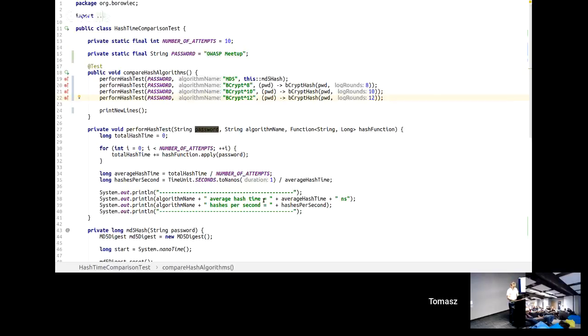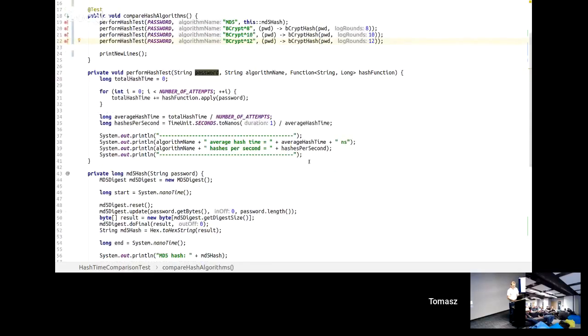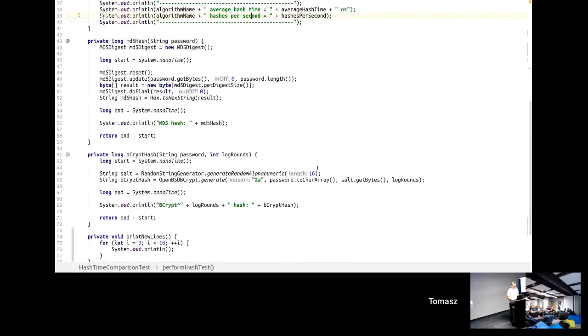What we will then do is compare the times of these algorithms. Basically, the most important thing for us would be how many hashes we can do on my computer per second of each one of those. What I'm using here underneath are basically Bouncy Castle implementations of MD5 and OpenBSD